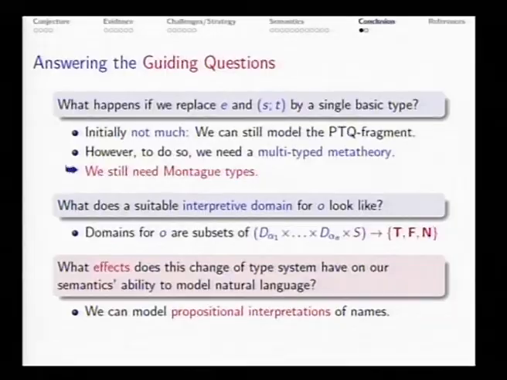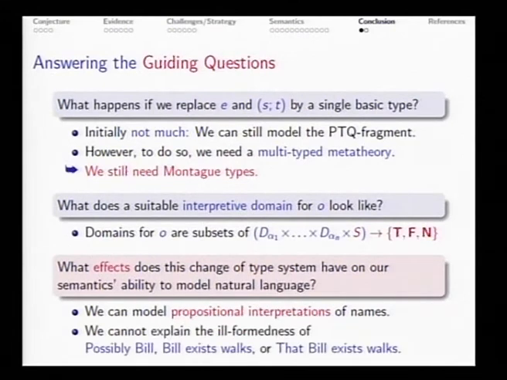And lastly, what effects does this change of type system have on the ability of our single type semantics to model natural language? There is one positive effect which we've already seen at the very beginning, namely that because we interpret proper names in the same type as sentences, we will now be able to model the propositional interpretations of proper names. However, there's also one drawback, and that is because of our particular representation strategy and the ensuing semantic equivalence between proper names and sentences and proper names and complement phrases, we will no longer be able to explain